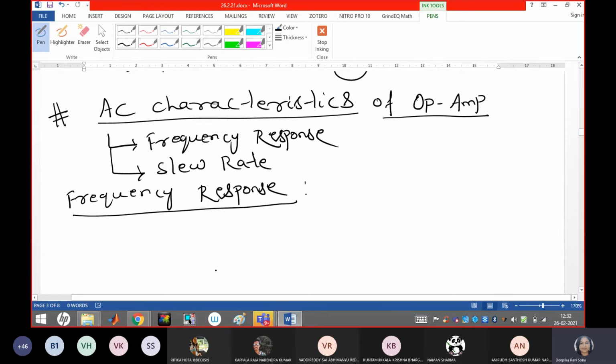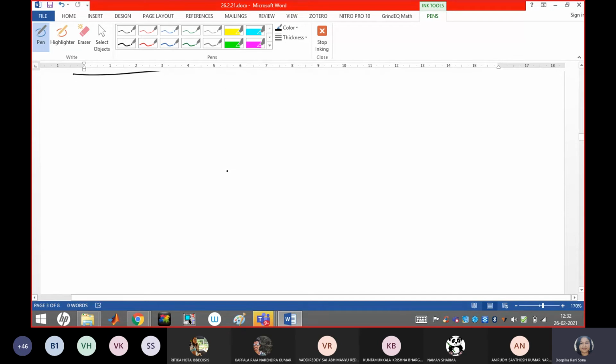So here I'm going to draw the high frequency model of the op-amp, because in the op-amp construction till now we have seen the parameters used: resistor and V naught, the voltage collected at the output. We have calculated the gain, and that equivalent circuit model we have seen. Additionally, I'm going to add one more external component to the circuit to see the frequency effect on the op-amp. That is called the high frequency model of the op-amp.